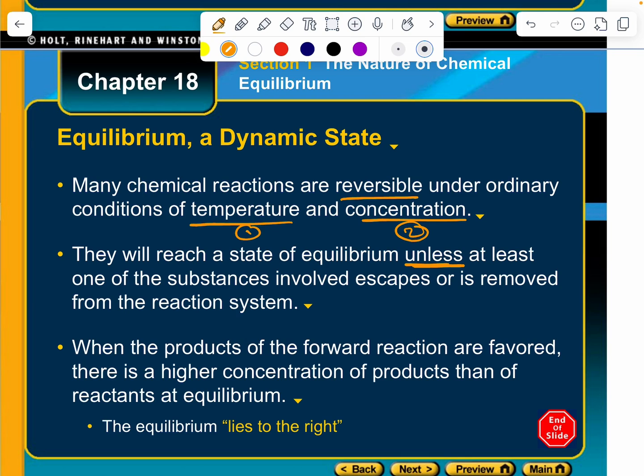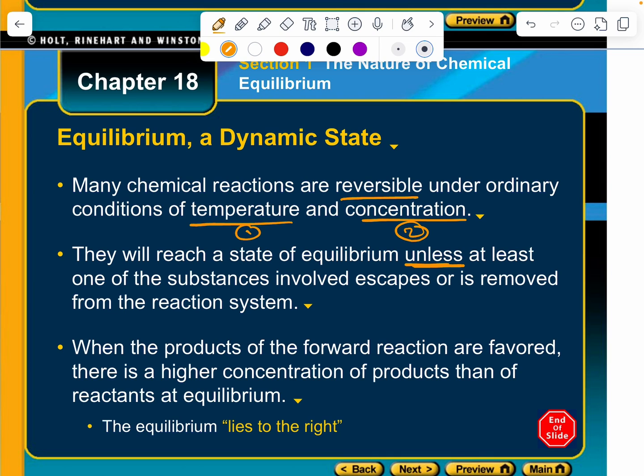So if we have a reversible reaction at equilibrium, it will continue, but if at least one of these substances escapes from or is removed from the reaction system,